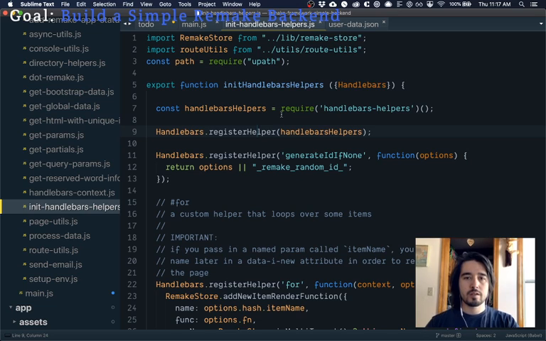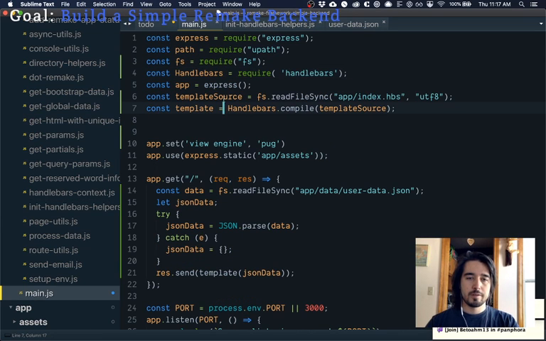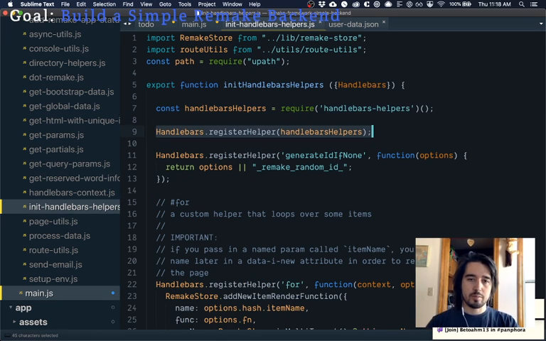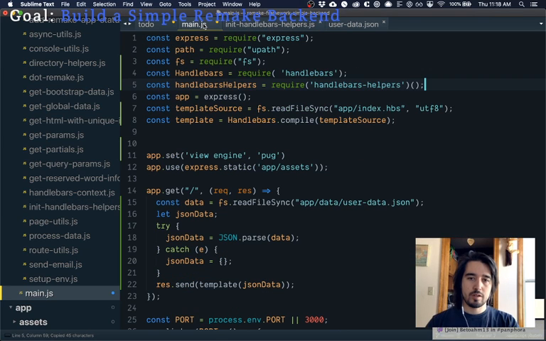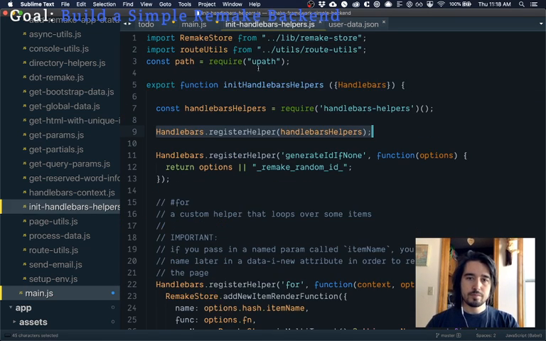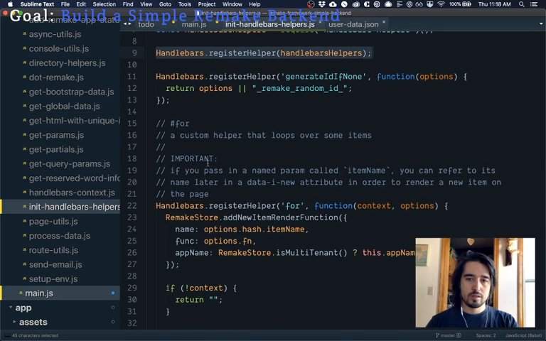So we're going to grab, or actually, oh, we're doing a require inside of a function. Interesting. I didn't actually know I could do that yet. So we're going to include handlebars helpers, handlebar helpers. Then we're going to register the helpers down here. And then we're going to register